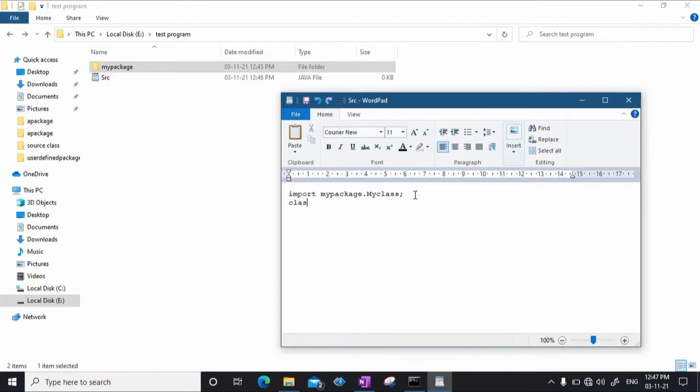Now I will write the definition of the class. Class source, again it should be public class. And here I will write the definition of the source class. So you will have public static void main, and in void main